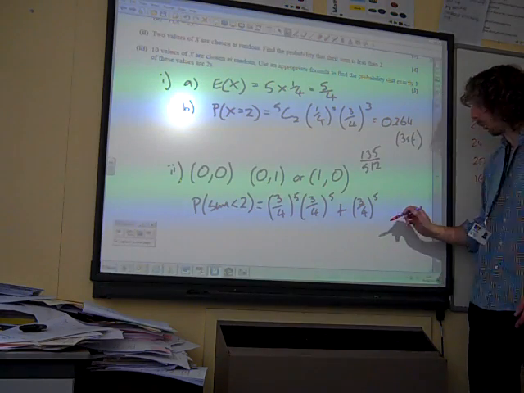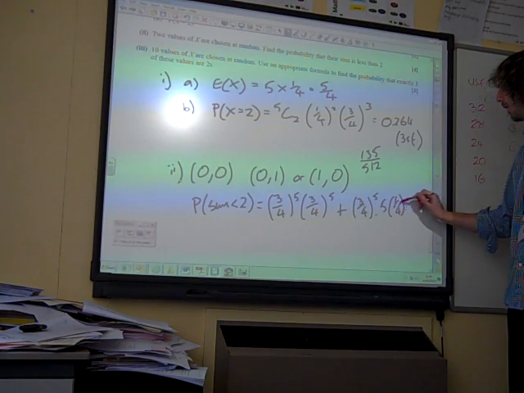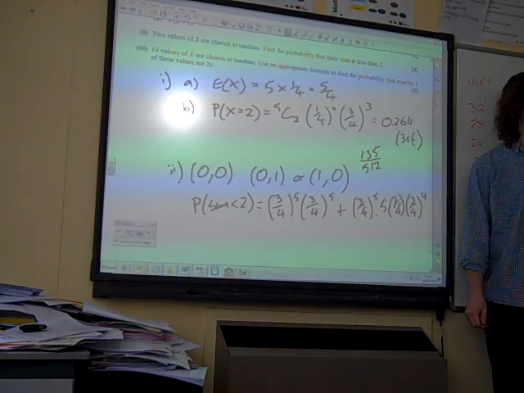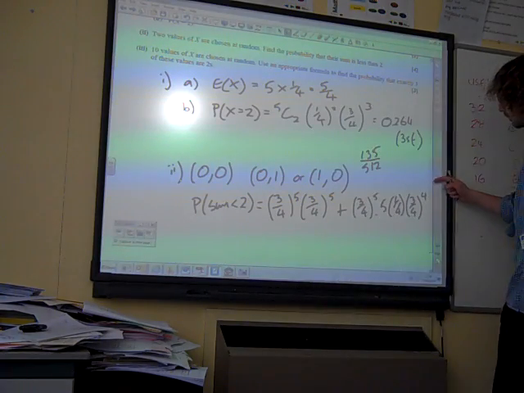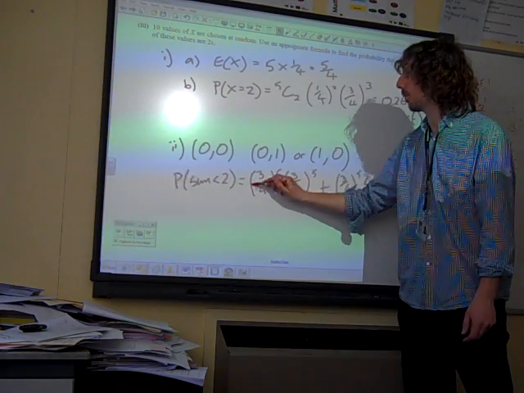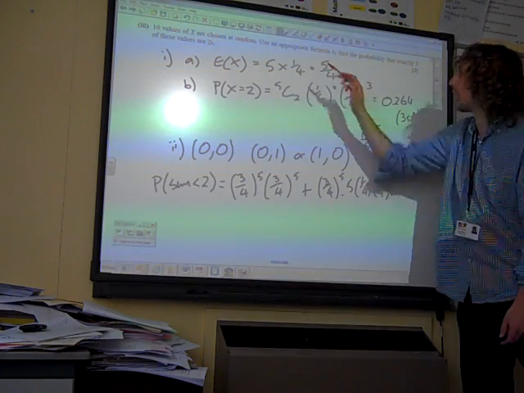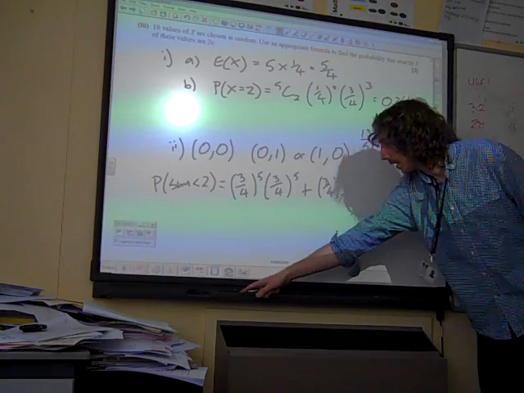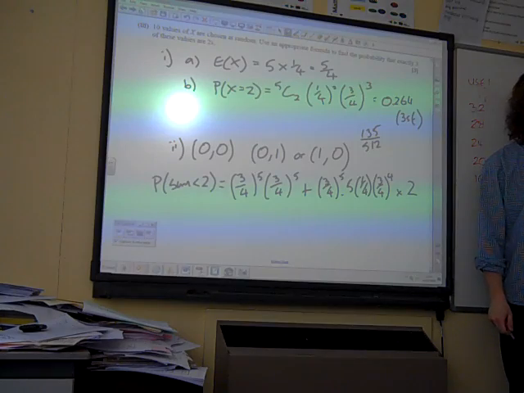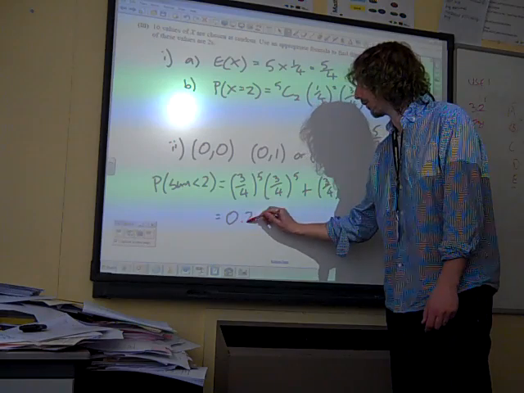That's the 0 bit. And the 1 bit is 5 lots of a quarter times 3 quarters to the 4, because that's 5C1, isn't it? And that one can happen in 2 possible ways. Because I've just written the 0, 1, we could also have the 1, 0. So we're going to times that second probability by 2. And if we add that together, we get 0.244